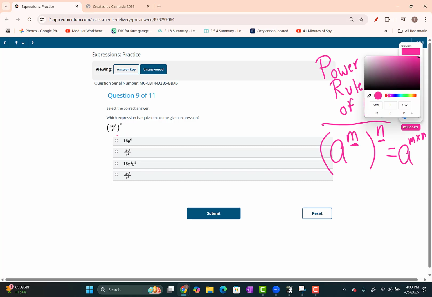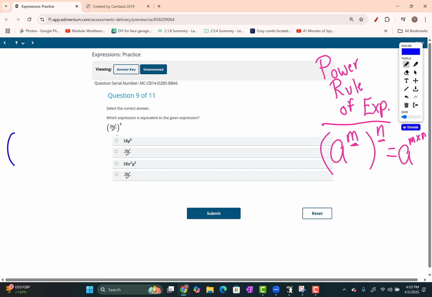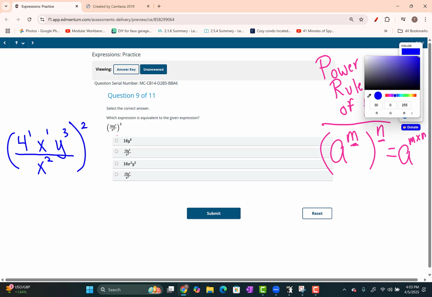There's other ways to solve this, different orders, but this is the way I like to solve it. So first off, I'm going to rewrite the problem. And this is not necessary, but I like to do it. If it doesn't have an exponent, so like 4 doesn't have an exponent, technically it has an exponent of 1. Same thing with the x term. It has an exponent of 1. The y has an exponent of 3. The x in the denominator has an exponent of 2. This just helps us see that we're going to apply this power rule to all of these bases inside